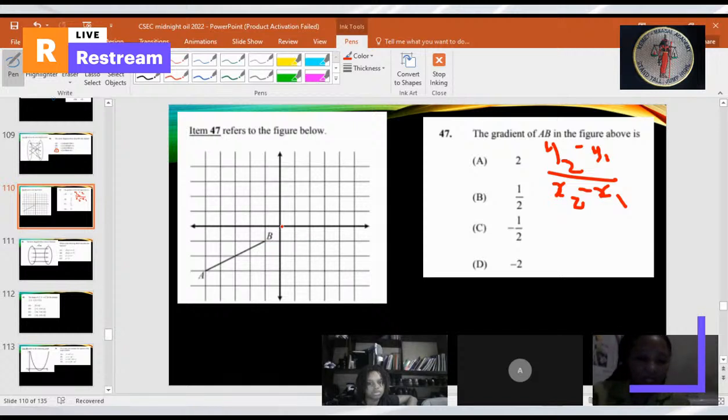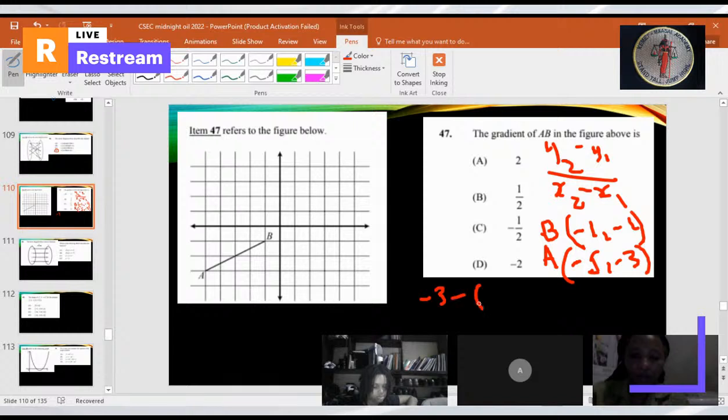So B from the origin is what? -1, -1, right? Yes, miss. All right, so B is -1, -1. And A would be 1, 2, 3, 4, -5 and -3. 1, 2, 3, 4. Oh, -5, yeah. -3. So the gradient will be y2